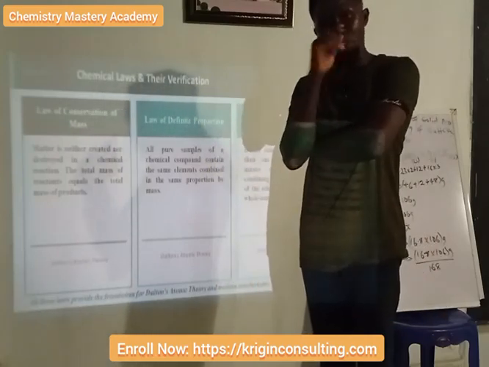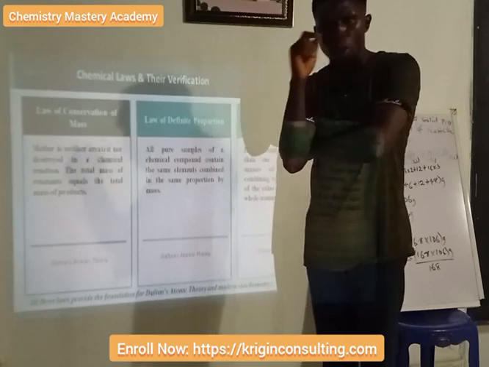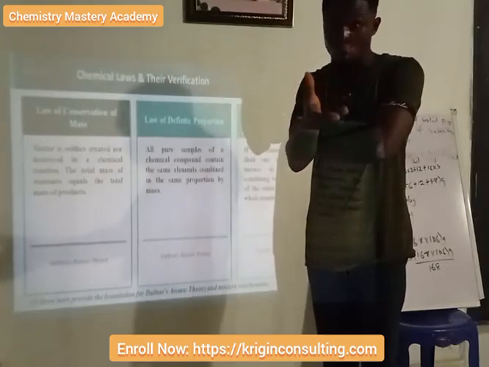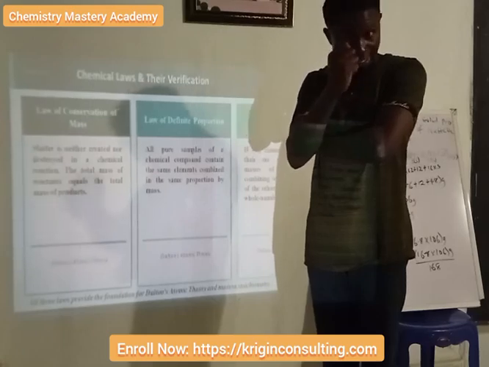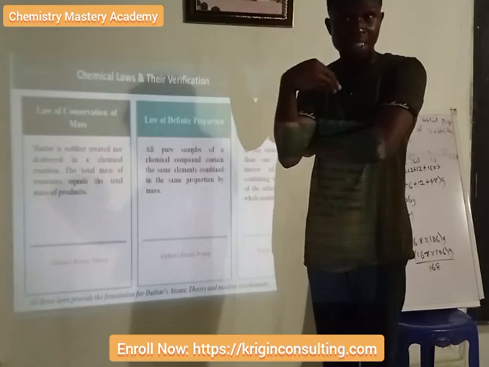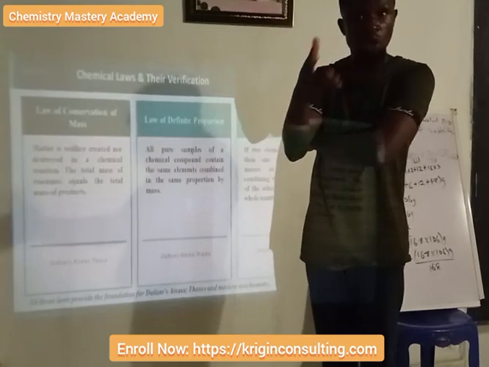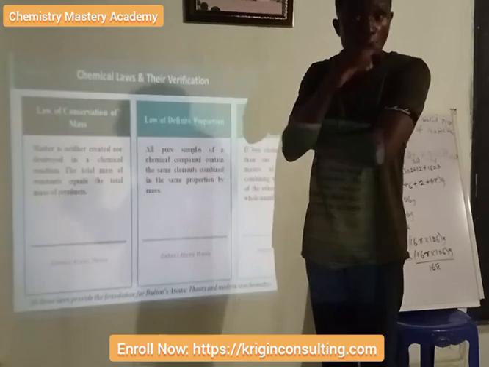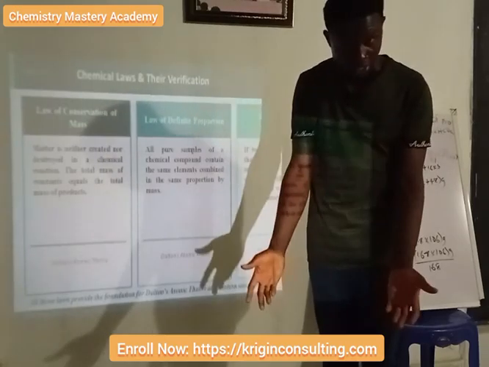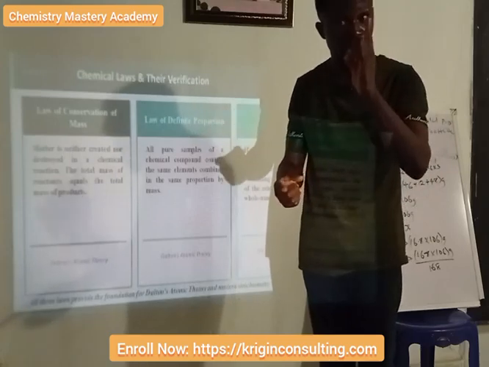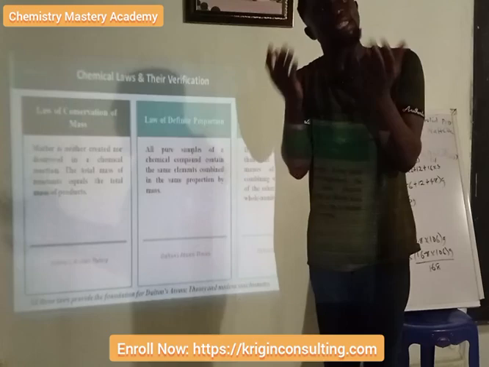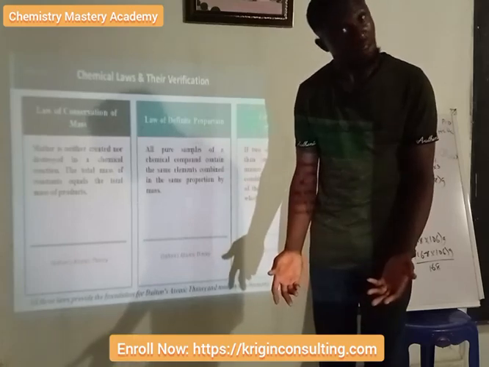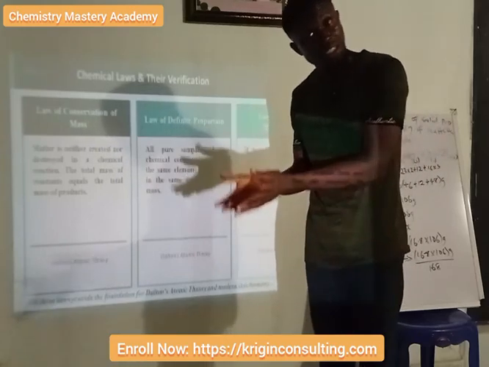Now, somebody might be asking, what about paper? When you set it ablaze, because paper is matter, and as we all know, matter is anything that has mass and occupies space. And mass is a function of the particles that make up the substance. Paper is made up of different substances, one of which, the major one, is carbon. So you set this paper ablaze and it burns. It turns to ash. The ash is the new product that it has turned into.